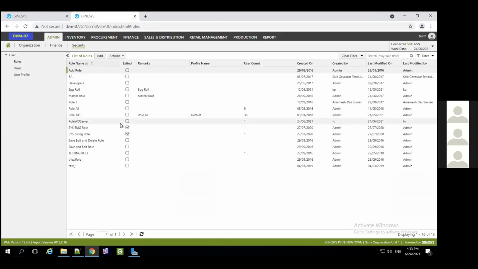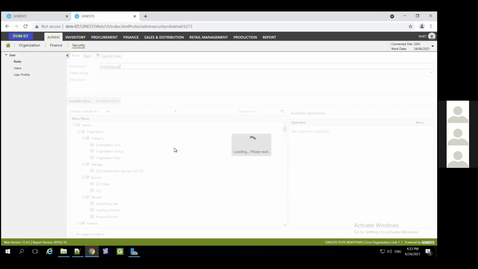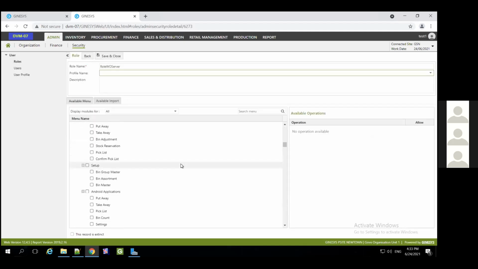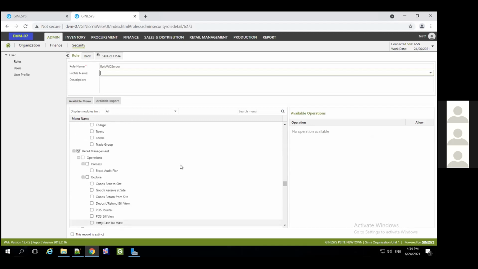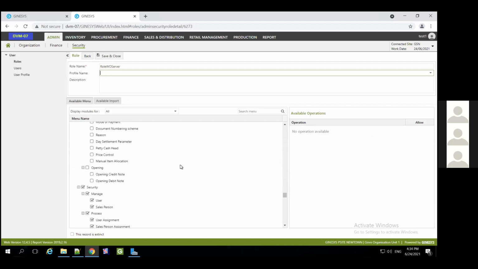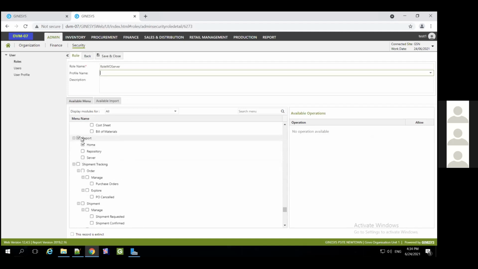Yeah. So in this particular role, if you see in the report section, I have only, let me come to the bottom. In the report, I have chosen only the home section. So now if I assign this particular role